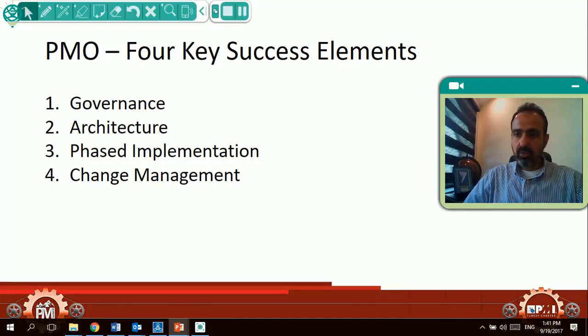Number 2, you need to have a clear PMO architecture. When we talk about architecture, we're talking about a blueprint. What needs to happen is that we need a PMO expert, someone, a veteran, who has experience setting up PMOs, to sit down and draw the blueprint of what we want our PMO to be. This is what we want it to be, not how we're going to start it. So we're drawing the ideal big picture of what the PMO should look like when it's fully operational, including what